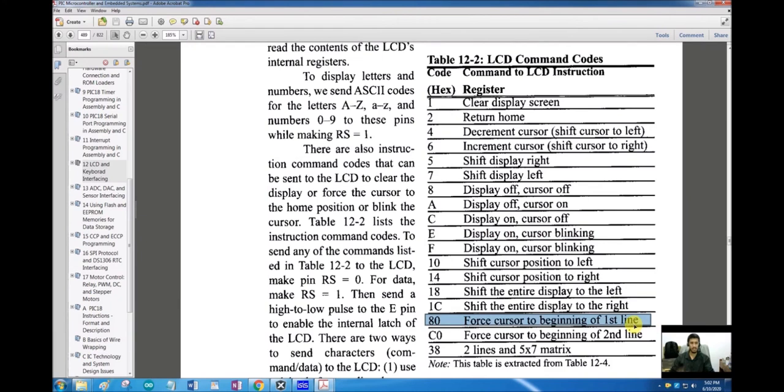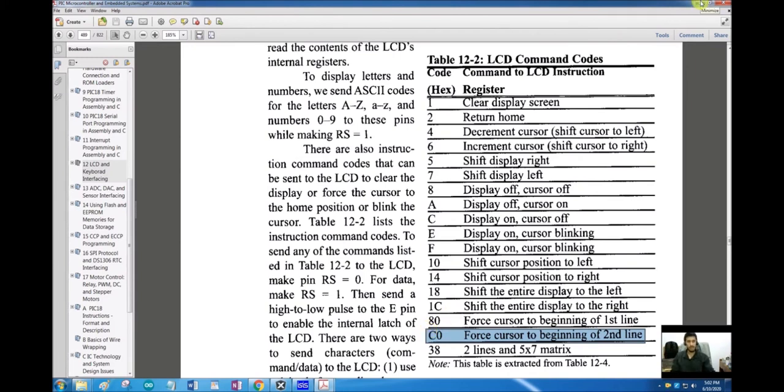Also the cursor position can be changed. As we are going to use a 16x2 LCD, there are 2 lines, so we can move the cursor one by one by sending characters, or we can just jump from one line to another line. For example, there are 16 characters that can be displayed in the first line, but we only want to display 4 characters in the first line and then move on to the second line. So what we can do is force the cursor to start from the beginning of the first line, send those 4 characters, and then send this command, and the cursor will be forced to the beginning of the second line, and so on.